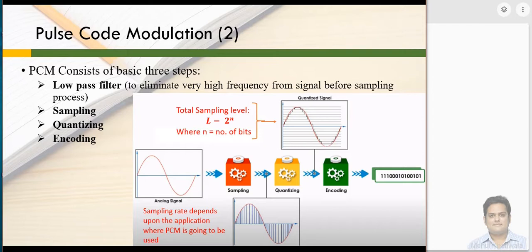Fine. So this is the process happening at the transmitter. The original signal is converted into a stream of ones and zeros. Now the receiver is going to receive these 1s and 0s, and it will try to regenerate the original signal from them. So the more samples you can take, the better it helps you create the original signal. Depending upon your application, you decide the sampling rate, as we have already discussed.